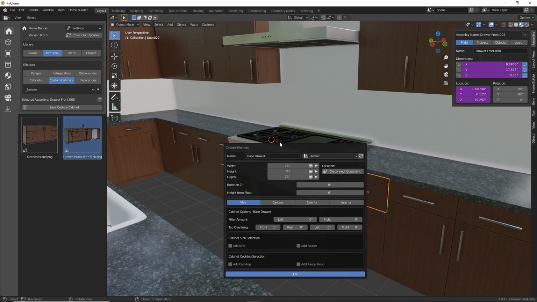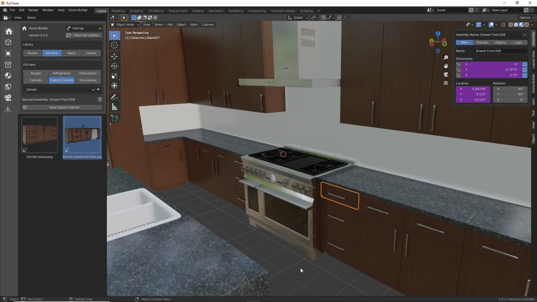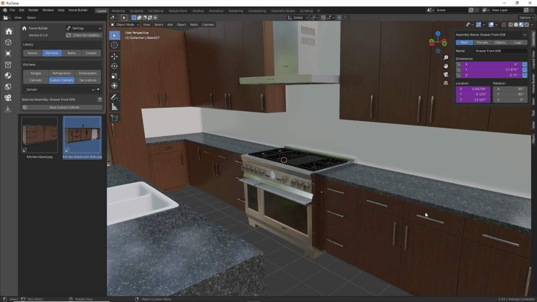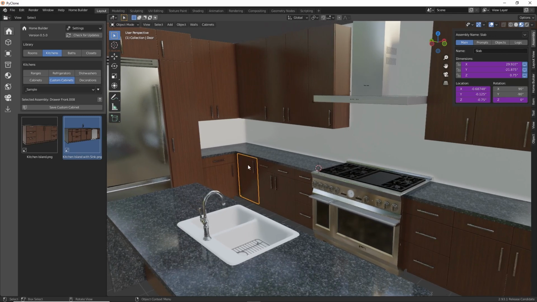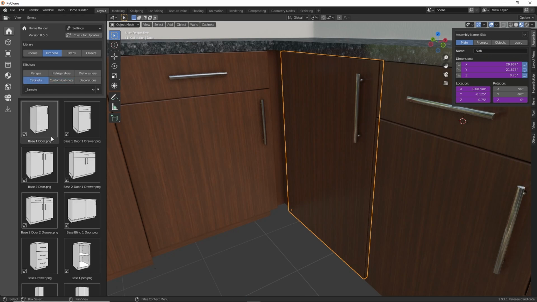And then let's go ahead and adjust the same thing for this one. So we'll set this to be 6 inches, calculate the drawer front heights, and now we have this kind of consistent top drawer front height, which looks nice along here. One thing that I do want to change here in this blind corner unit, it's just a one door. We don't have a one door, one drawer blind corner cabinet in here, but you can change the exterior on